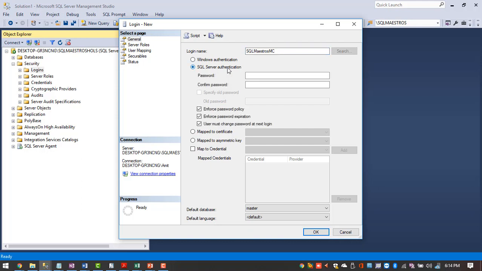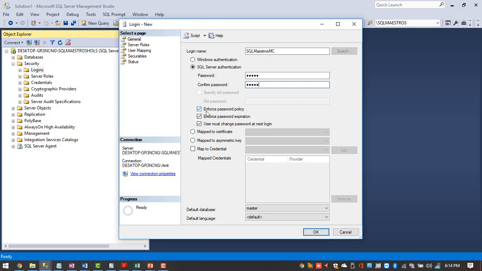You need to check this option, then provide a password. The password can be anything, but normally you should follow best practices of creating a password using alphanumeric characters and special characters together. I'm just giving a simple password here, and after that there are a few more options.